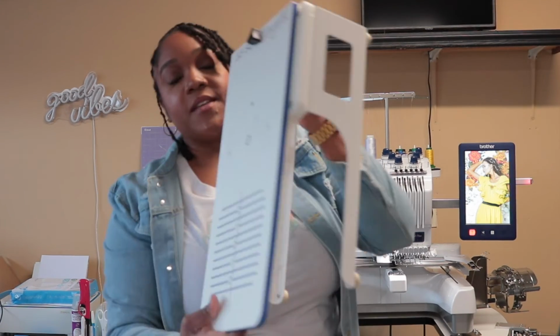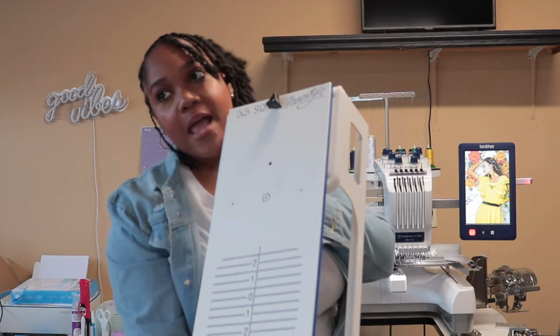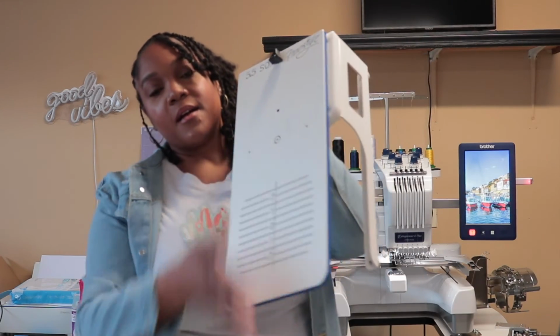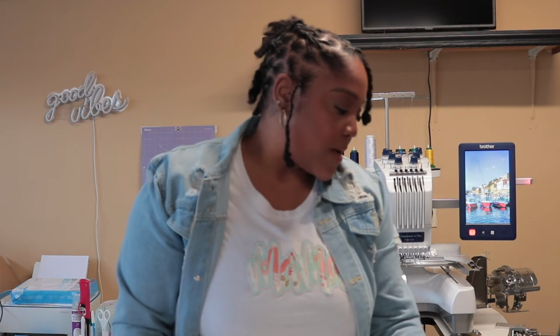I will do it. So this is the freestand here, and this is good when I'm doing towels or blankets, maybe lunch boxes. I use it a lot for those. It allows you to slide your item on here, and it comes with a ruler or whatnot. And then this base piece,